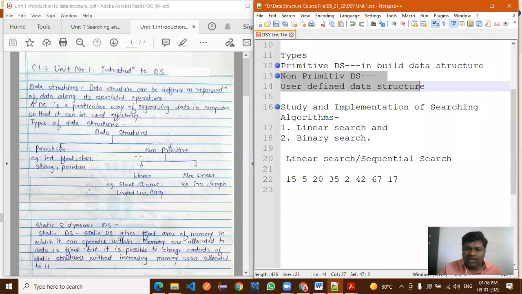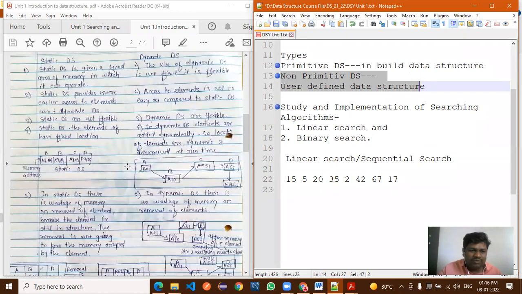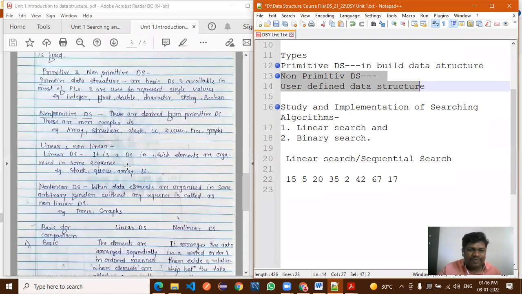Now we are talking about non-primitive. Non-primitive data structures are user-defined data structures. They are derived from the primitive data structures, and they are more complex: array, structure, stack, linked list, queue, tree, graph. All these are non-primitive data structures.